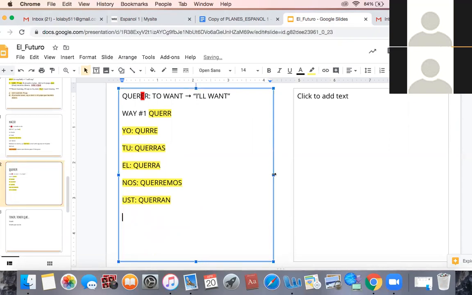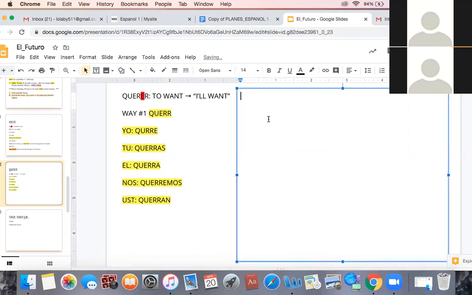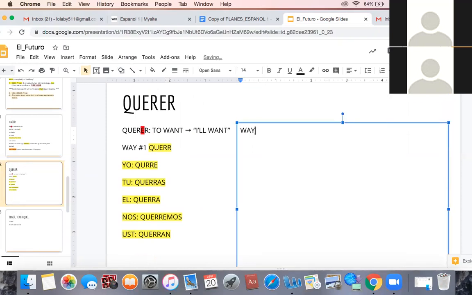Entonces, tenemos way number 2, la número 2, que, see, I just kind of brushed through this one because it's such a funny way to say stuff. Pero bueno, so way number 2, ¿cómo le hacemos? Es voy, so I'll start with the conjugation for those of you who kind of forgot. Yo voy, tú vas, él va, nosotros vamos, ustedes van. So right now, this word voy, vas, vamos, this is probably one of the most important words you can learn because you can literally substitute almost every, except for the past. Well, the past you say fui.